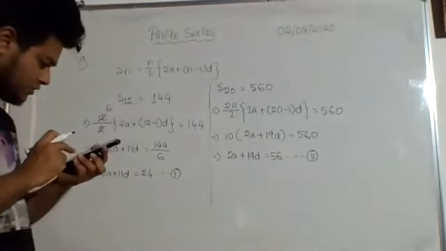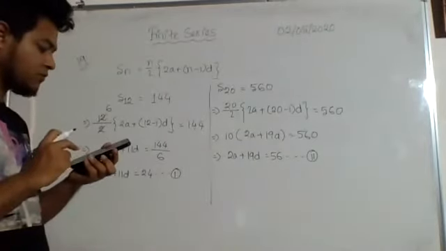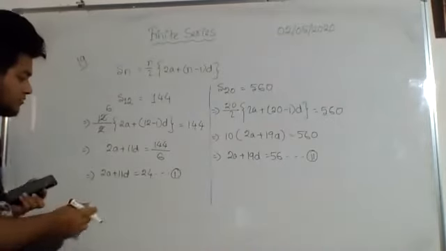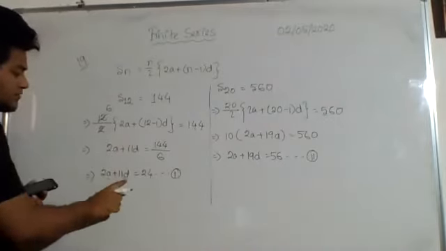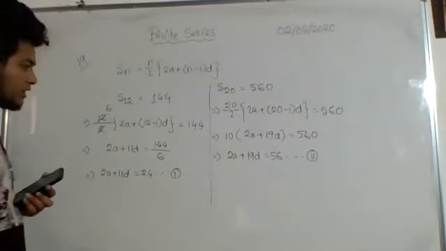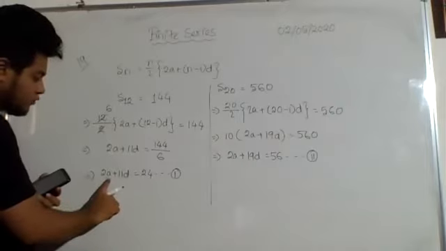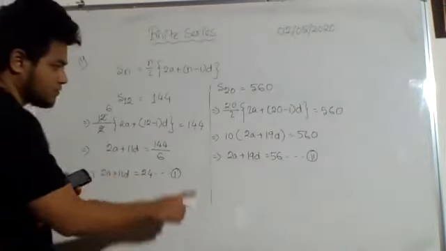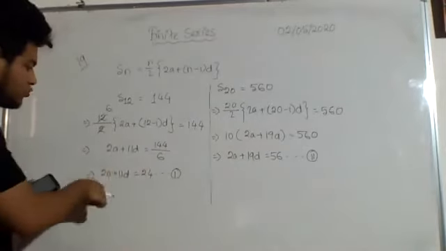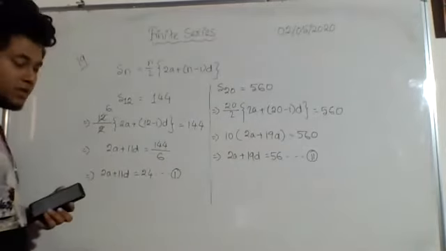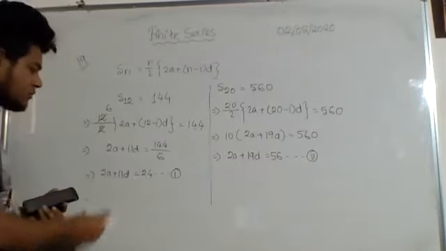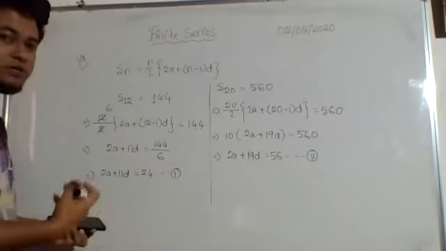Okay, what have they told us to find out? The sum of the first 6 terms. That means we need to know the values of a and d. Then only we can put the values in the formula, right? So a and d, how can I find them out? If you check, we have 2a here, we have 2a here. So if I subtract one equation from the other, then 2a will get cancelled, and then I can find the value of d. After that, putting back the value of d in any of the equations will give me the value of a.